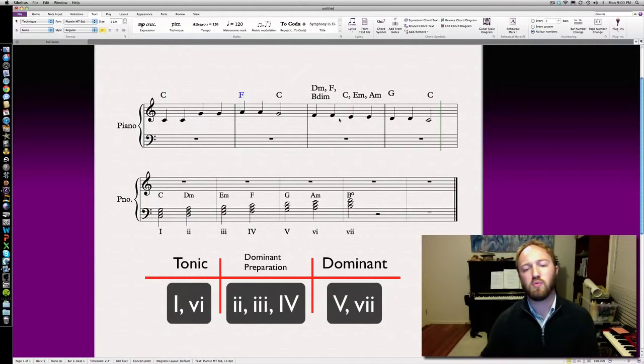Okay, and now we can choose how we want to harmonize this bar. We're at a tonic chord here, and we're at a dominant there. So remember our order: tonic, dominant, prep, dominant. It would make sense to either have a quick 5 to 1, or maybe a dominant, which could be a B diminished chord, and then